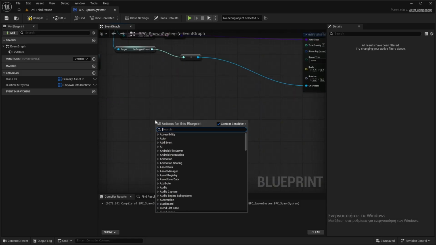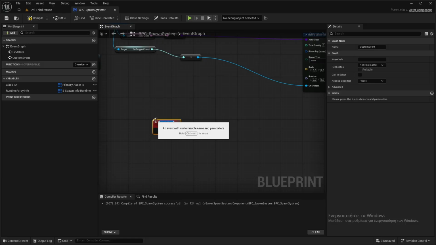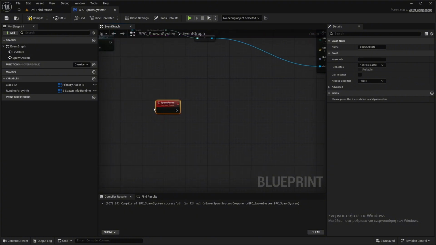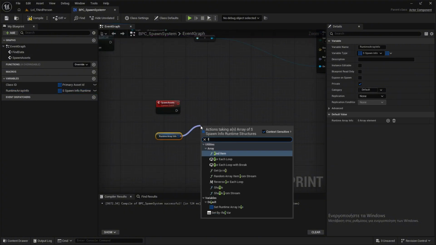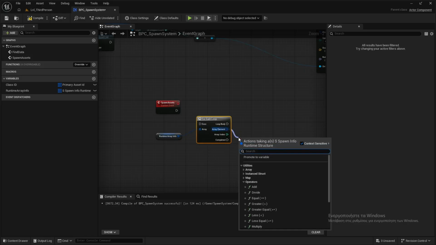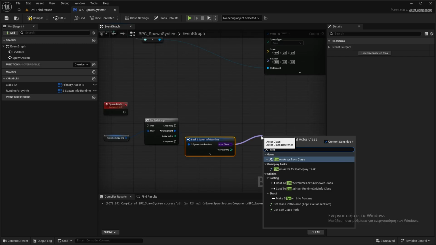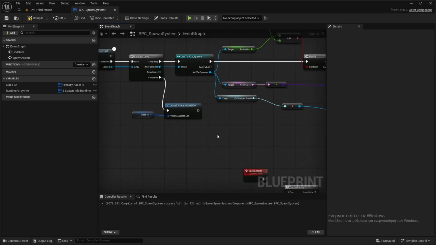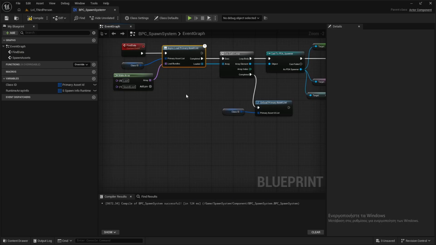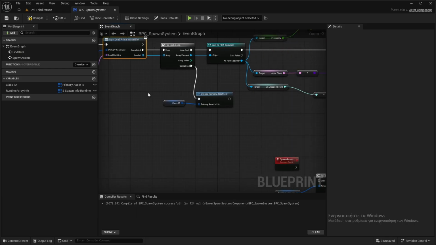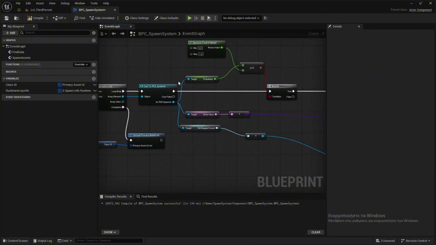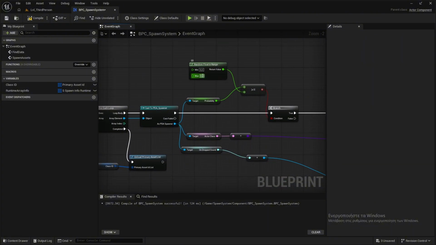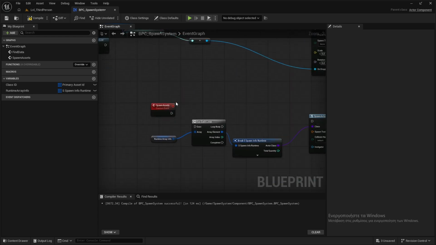So I could say, for example, custom event, spawn assets, and the assets that I'm going to spawn are from the runtime array. And I will do a for each loop, break, and spawn actor from class. So I don't need the primary asset list to be loaded in memory, and some classes won't even pass the condition. So it's kind of dumb to keep them in memory. So yeah,